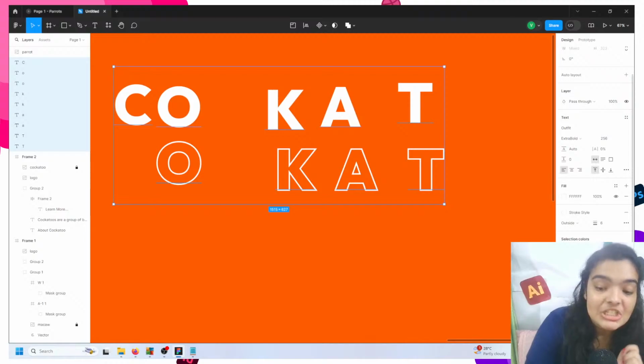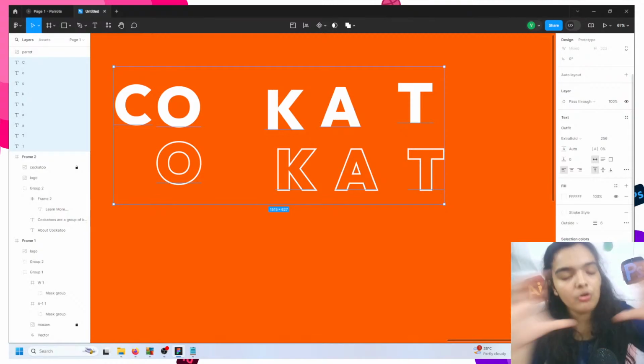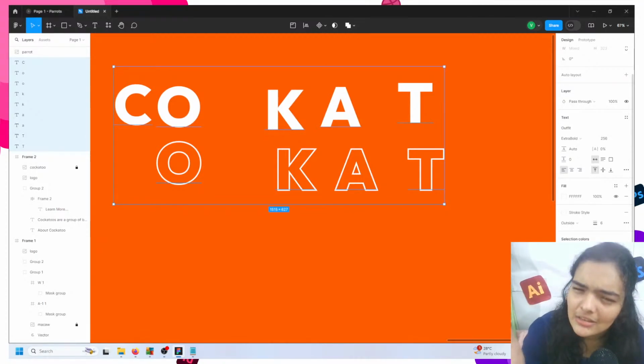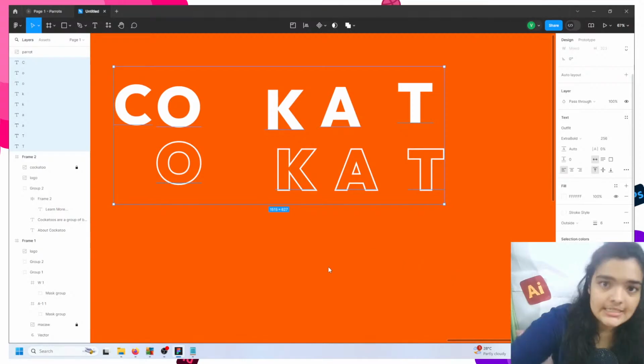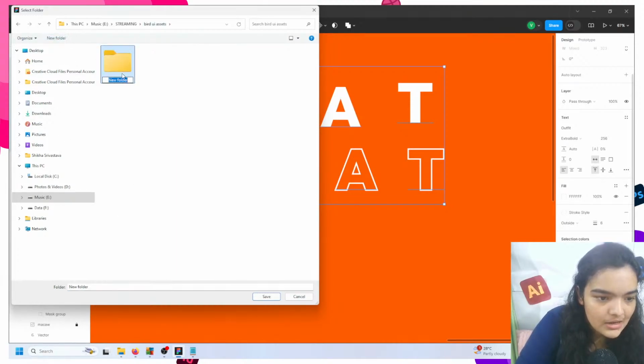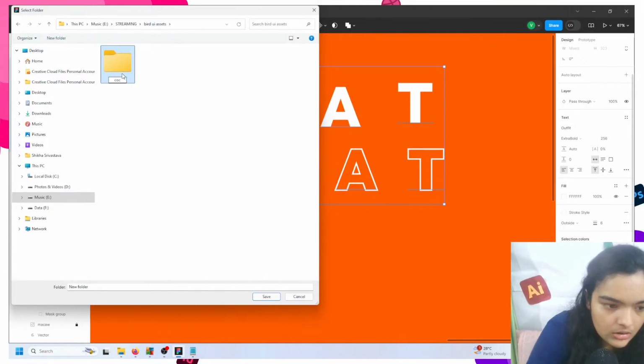to an SVG layer, because SVGs, as I mentioned before, scale infinitely. If you use PNGs, it's going to look really pixelated, really terrible at certain resolutions, that is. I'm going to take everything, export it once again, and we don't want these to get mixed with the Macau ones that we had, so we'll just make a new folder, say cockatoo,